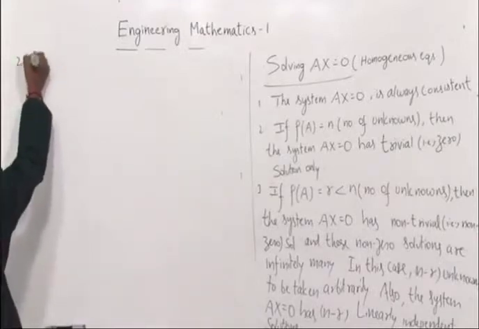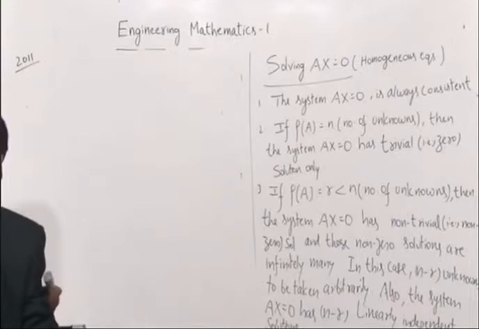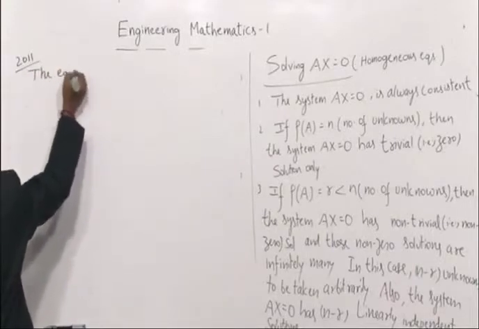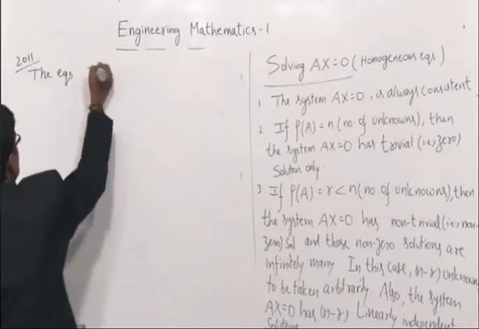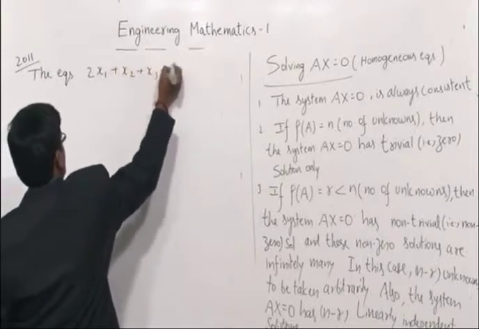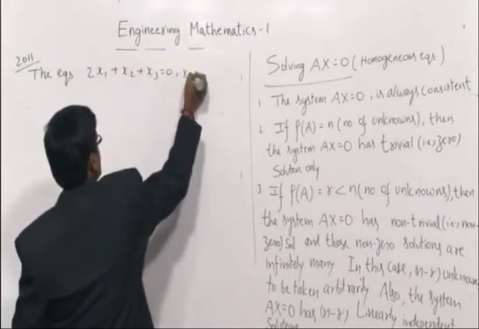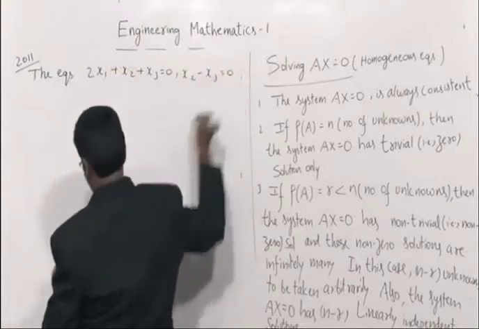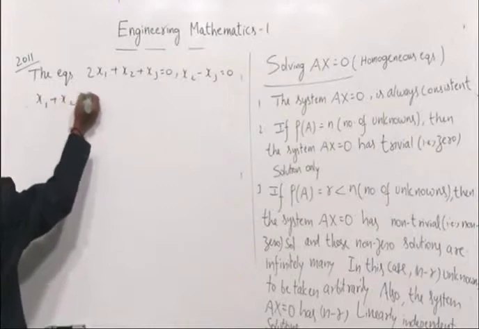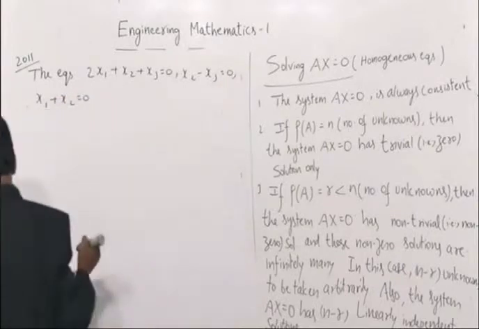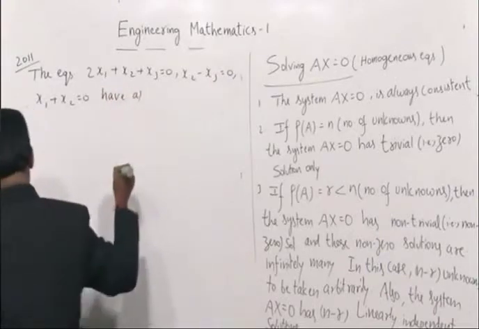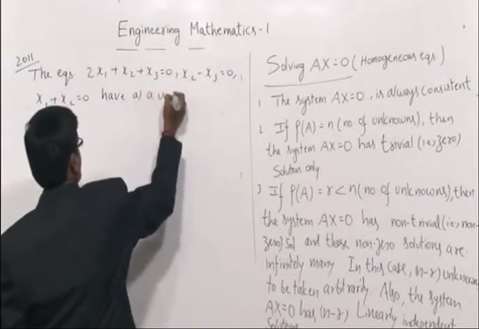This is given 2011, 2 marks. The system of equations 2x1 plus x2 plus x3 is equal to 0, x2 minus x3 is equal to 0, x1 plus x2 is equal to 0. These 3 equations in 3 unknowns have option A, unique solution,